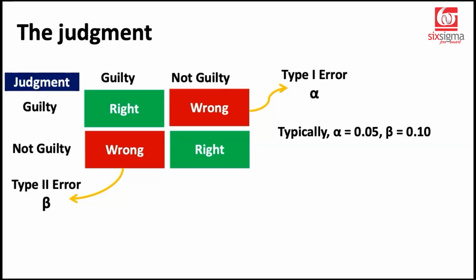Now, you might ask why we have a higher tolerance towards beta compared to alpha. That's a general case, and that's based on a principle. We'll talk about that very soon. These are the standard references that are typically followed. But on a case-to-case basis, we may want lower tolerances towards these errors. For example, alpha could also be 0.01 or 0.001, depending on whether it's a life or death scenario